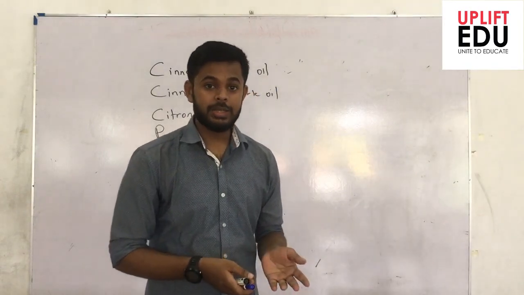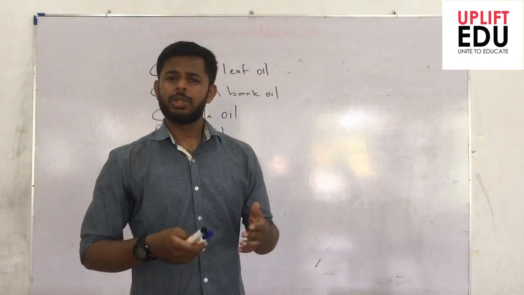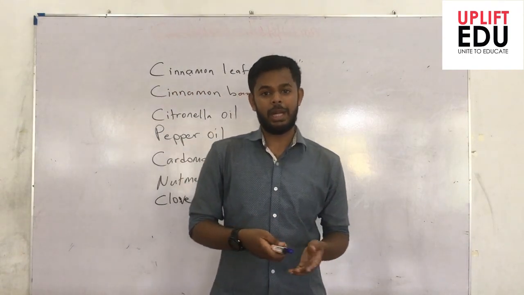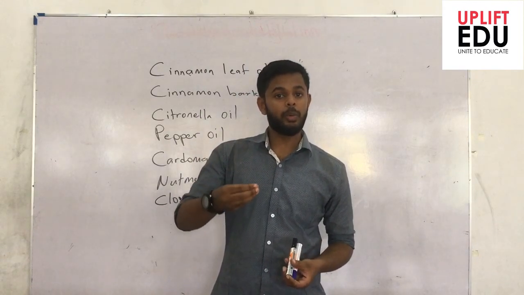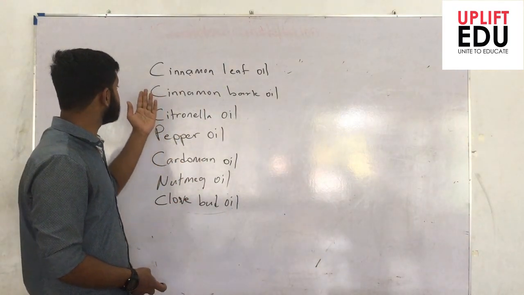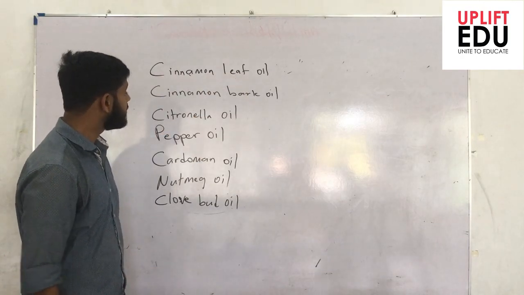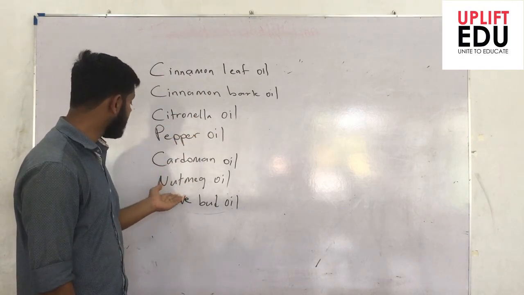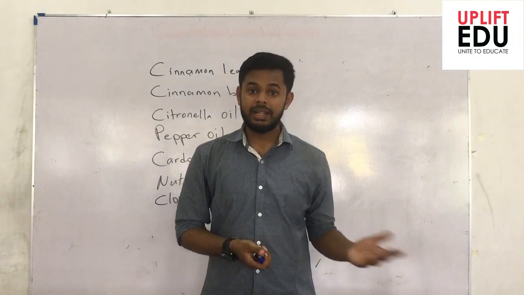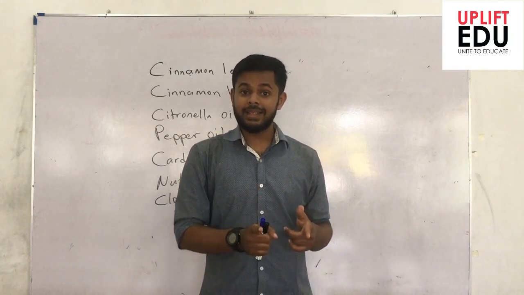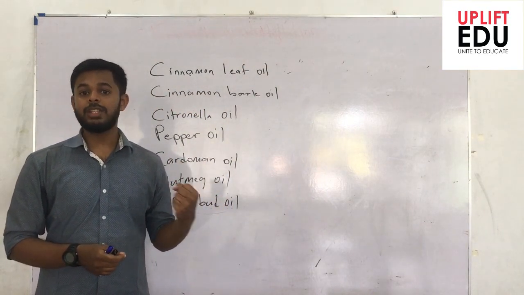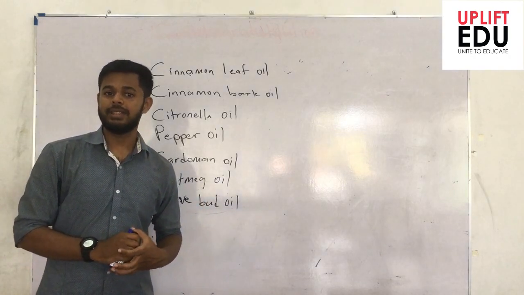Similar to solvents, we discussed the extraction of essential oils. We already discussed what an essential oil is: the oils that we extract from plants with good aroma. Aroma in the sense of a pleasant smell or fragrance, right? So we know we extract essential oil from cinnamon leaf oil, cinnamon bark oil, citronella oil, pepper oil, cardamom oil, nutmeg oil, clove bud oil, and there are so many examples that you can take from your grade 11 science book for reference. Also, you can check the reference given in your book for which part is used to get which oil and how they are separated and those kinds of techniques.